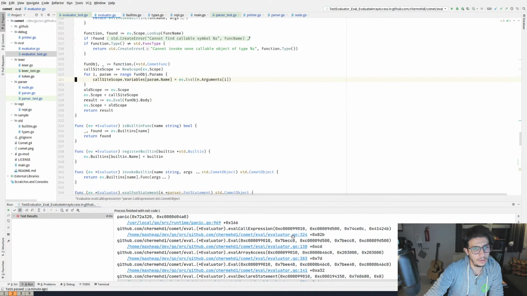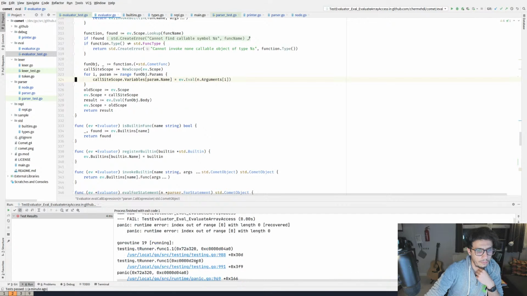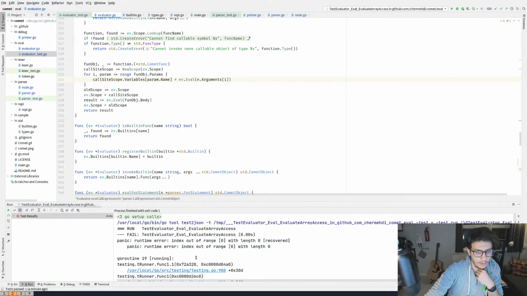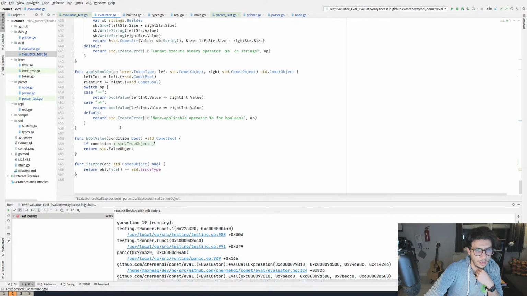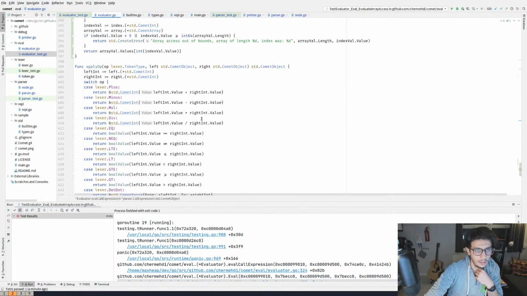So we evaluated the call expression, and so created a new scope, and we bound something to it. So why is it failing here? Although the error, I know it's coming from somewhere in here.